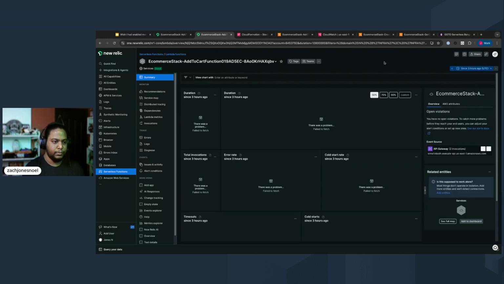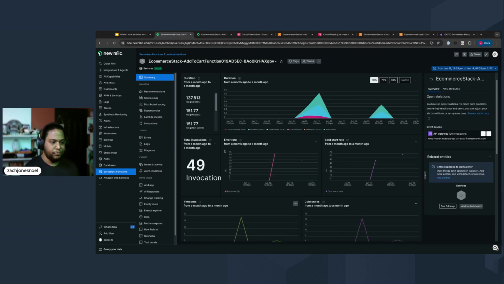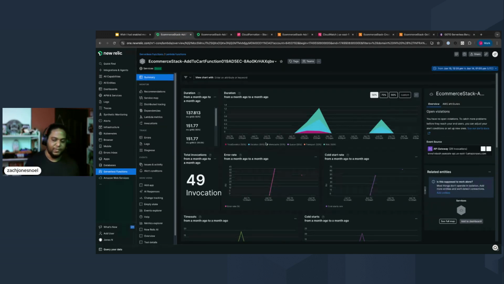Okay, looks like some error with the time range, but this is from one of the examples that I previously ran, where I could get the complete information of this Lambda function itself with the metrics exposed by the Lambda function. This is being instrumented using the Lambda layer that I was talking about, and also with the CloudWatch metrics that have been integrated into my New Relic account, which is getting me all the telemetry data,